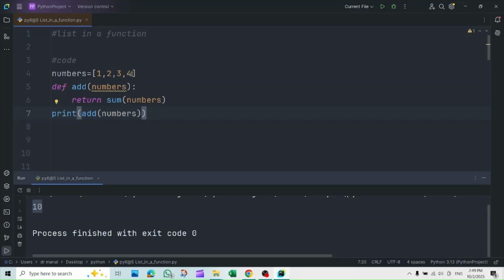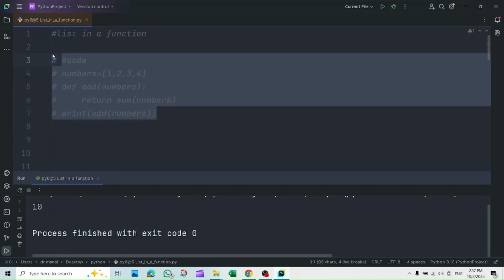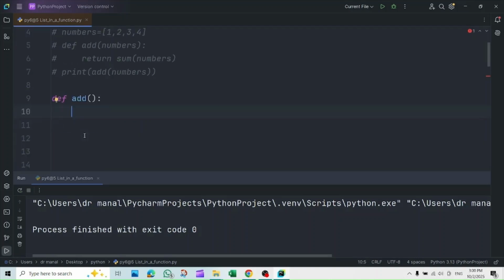We can even have the same output using a created list by range. So, for having a list created by range, let's have this to be comments. Let's define a function with the name add. So let's have here our define add, and let's have empty brackets as we don't need a variable of a list of numbers now. Let's have our colon, and let's start having the code of the function for I in